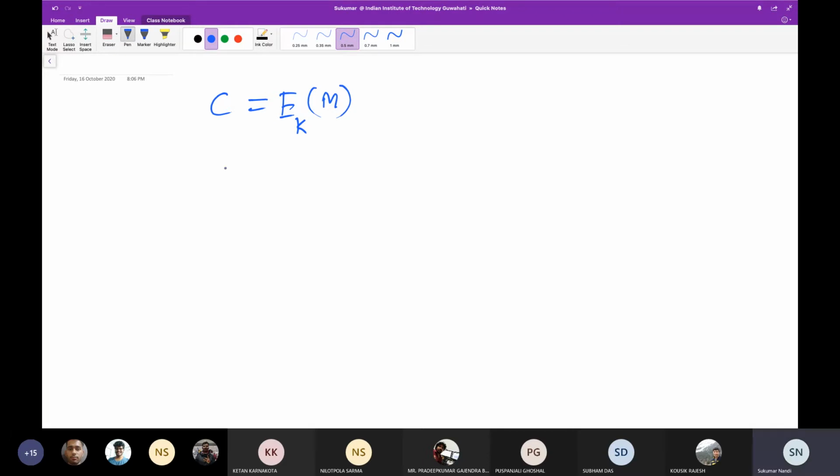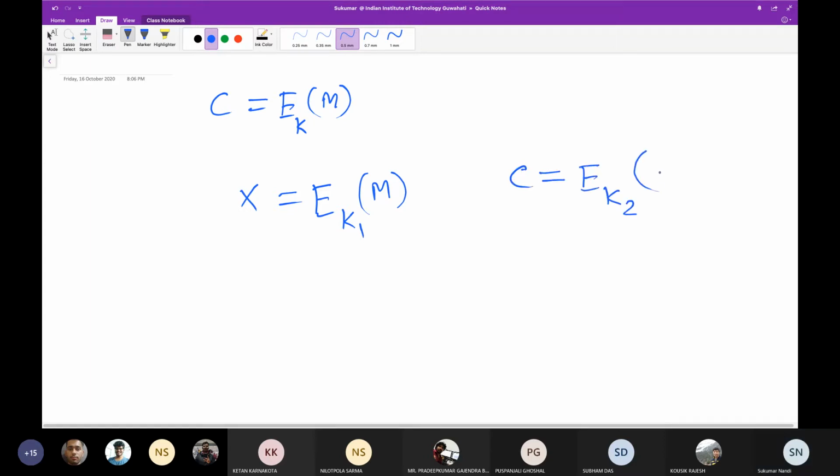Now before triple DES, let us see double DES. I use encryption K1 on M, I get X. Then I do encryption again with K2 on X, and I get the final C. So my plaintext-ciphertext pair is M and C.